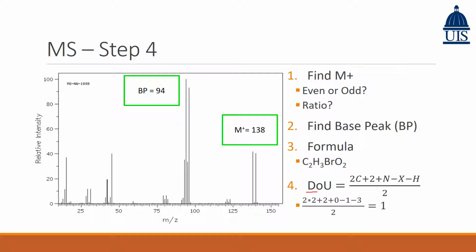Okay, next we're going to calculate our DOU, which stands for degrees of uncertainty. I apologize. Degrees of unsaturation. And basically, this is going to tell us if there are any carbon rings or if there's any double bonds left. So the formula for this is 2 times carbons plus 2 plus the number of nitrogens minus the number of halogens minus hydrogens over 2. So as you can see, we have 2 carbons, which is going to go here, 3 hydrogens, minus 3, 1 halogen, this 2 is always here, oxygens don't factor in, put it all over 2, that's going to give us 1 double bond or 1